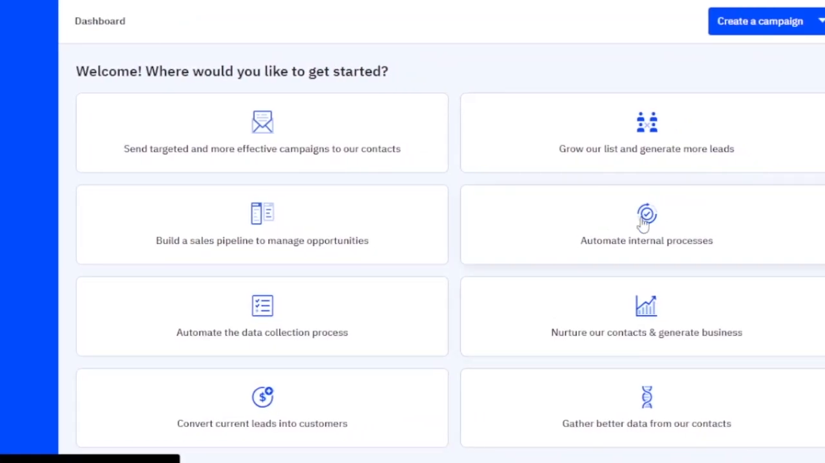Okay, so here you can see this is the basic dashboard. Send targeted and more effective campaigns to our contacts and grow our list, generate more leads. You can build sales and pipeline to manage opportunities. You have an automated data collection process. You can do all of these things, and you can get started with this, but I'm just going to click